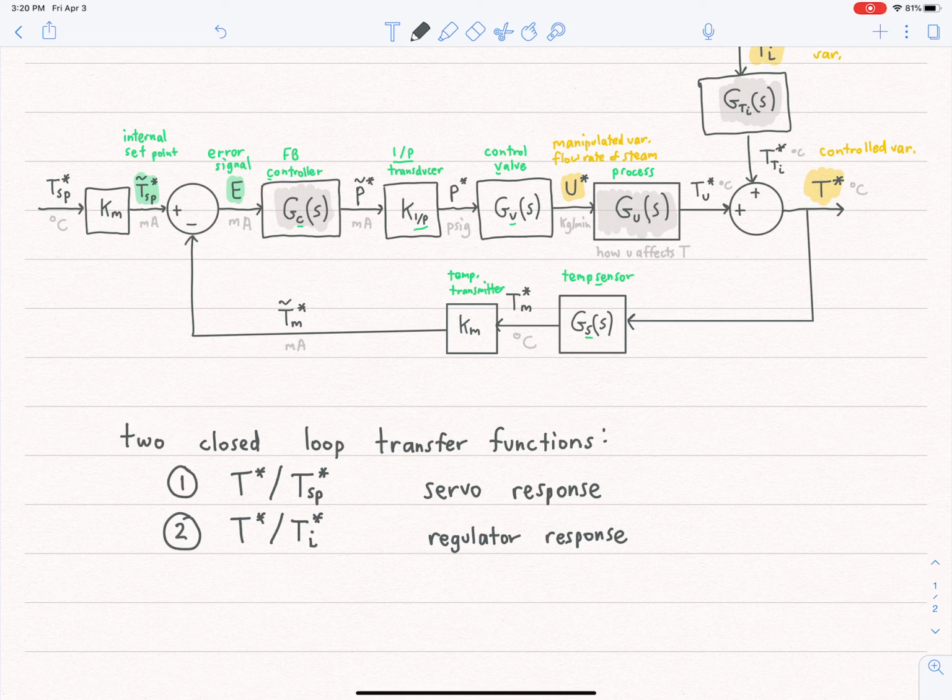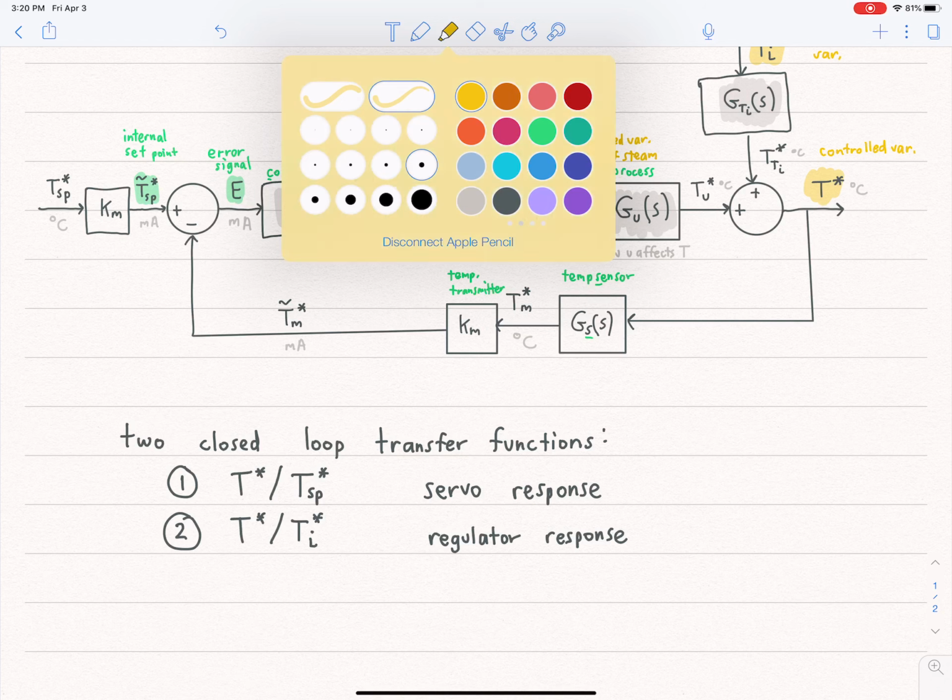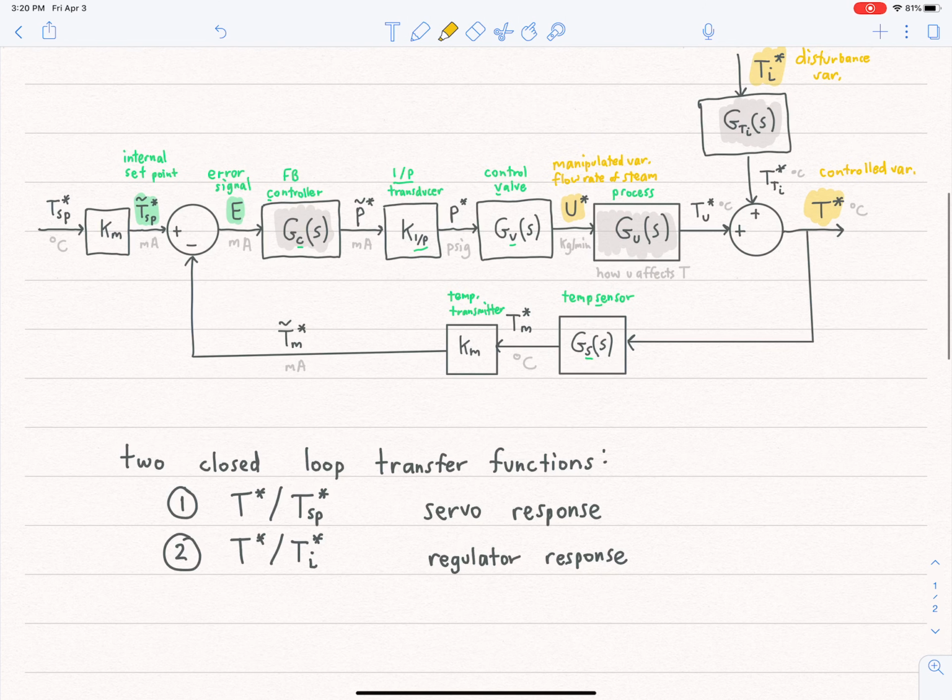So I'll leave that to you for your homework, but you can use the same logic as before and make sure you go through step by step. Don't try to just look at it and guess, use first principles. And note that whenever I derived the closed loop block diagram from before, I sort of started with a controlled variable, right? And I systematically went through and I went through here, and then I wrote error, and then you sort of systematically connect them until you arrive back at T. And then you will have an implicit function or an implicit equation for T, and you can solve for that. Okay,